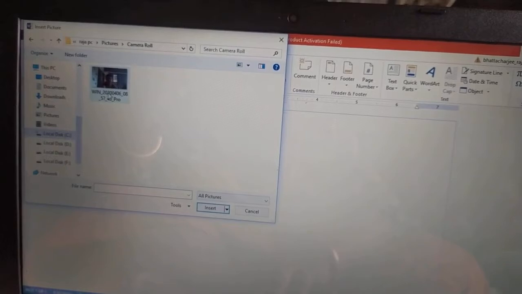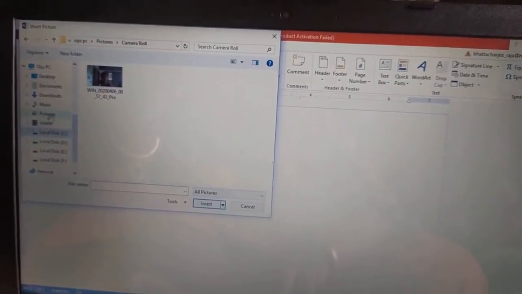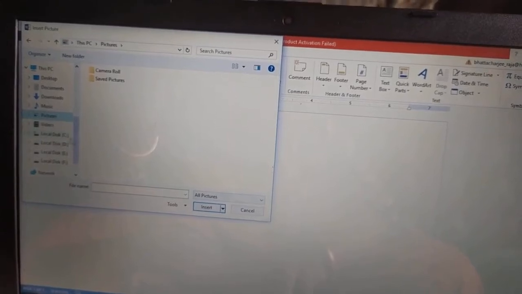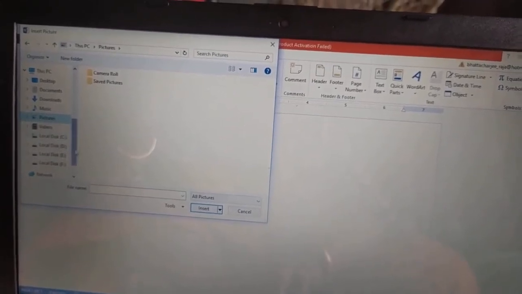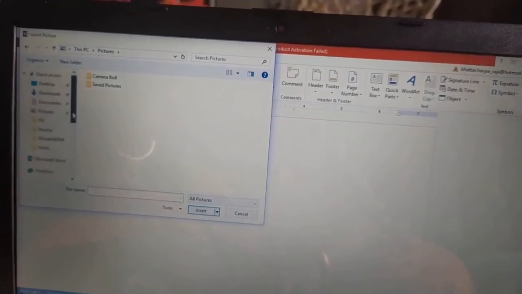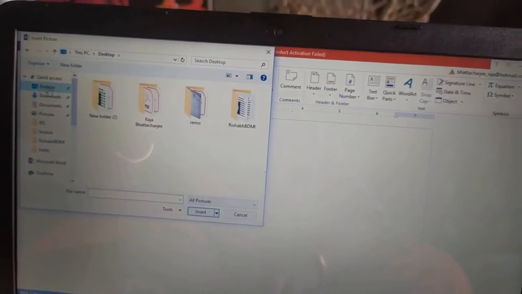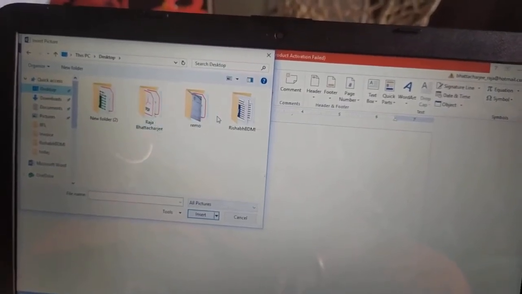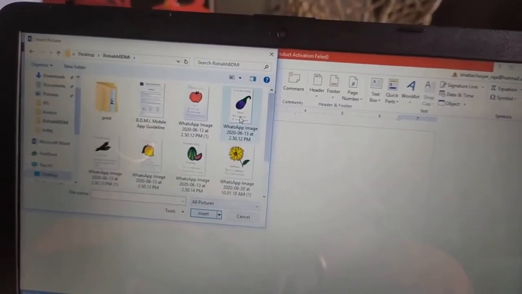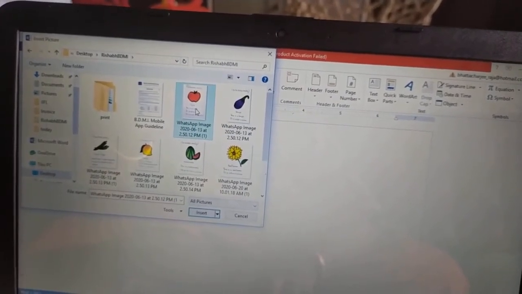Over here, we can take any picture. Let us see what is there. From the left pane, we can browse our folders. Suppose this picture we want to insert.